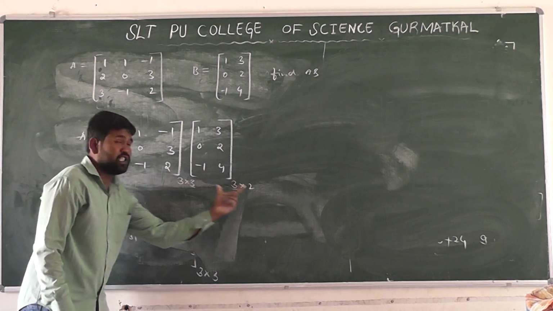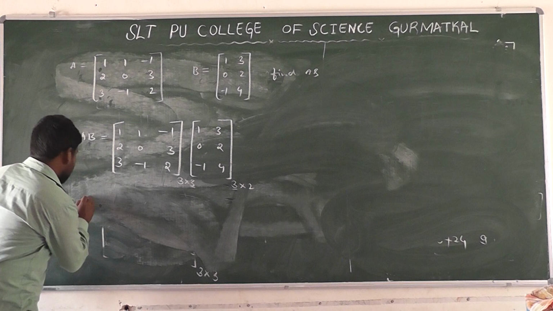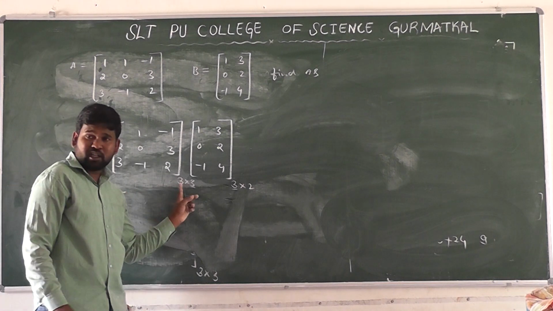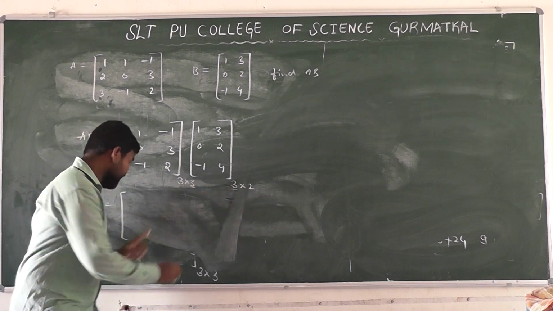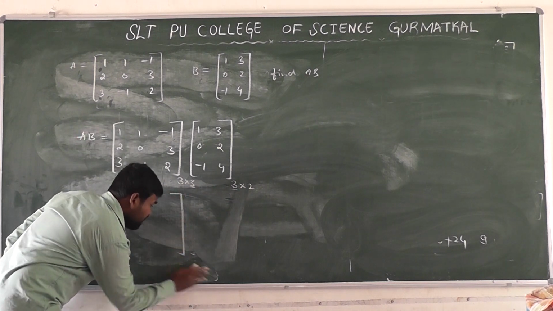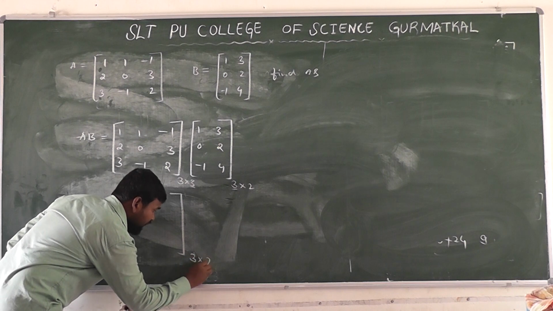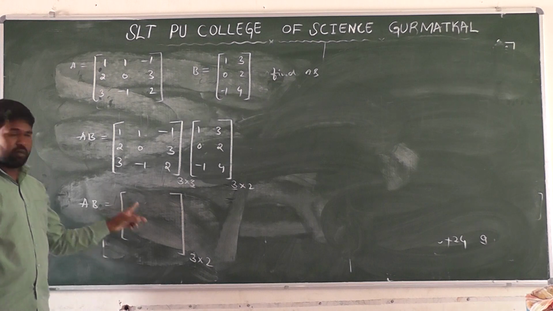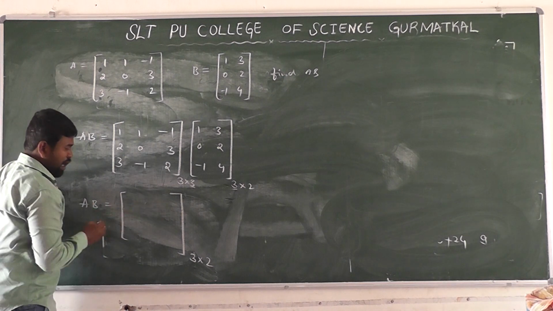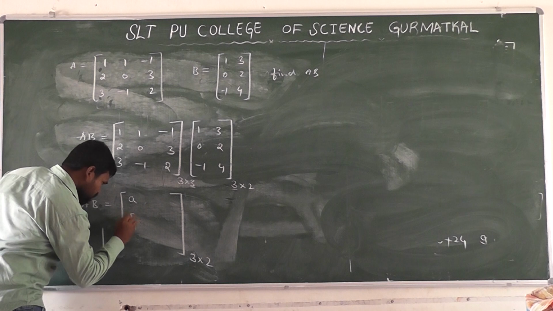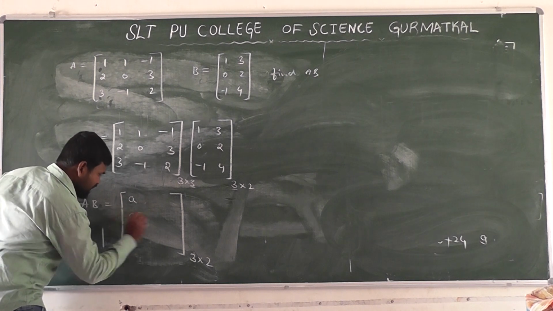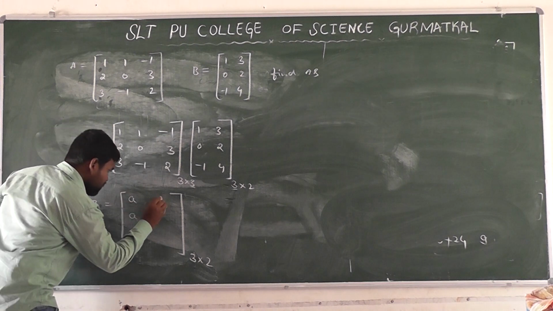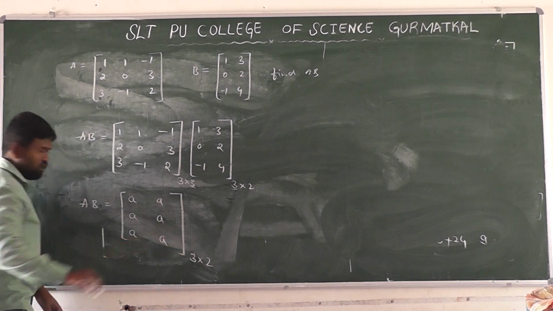Then what is the order of the matrix AB? That is the important thing here. The remaining order is 3 rows and 2 columns, so the order is 3 cross 2. How many elements are present in the resulting matrix? 6 elements, right? We have to arrange 3 rows, first row, second row, third row, and 2 columns, the first column and the second.